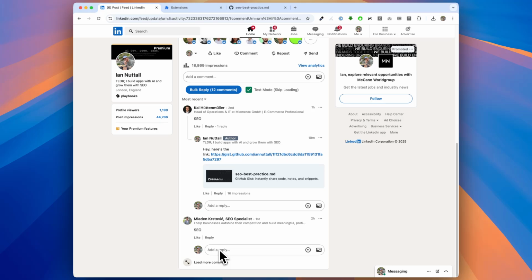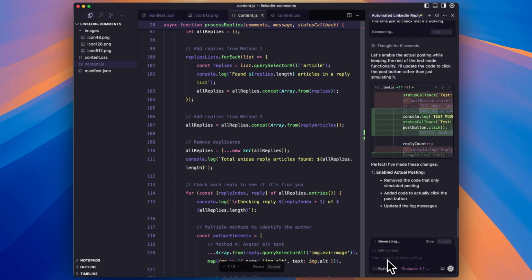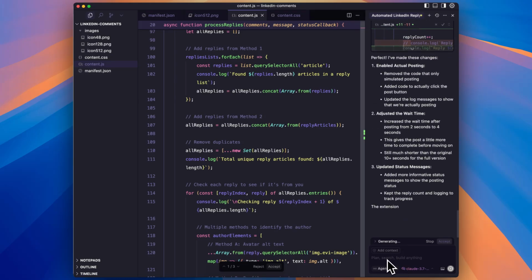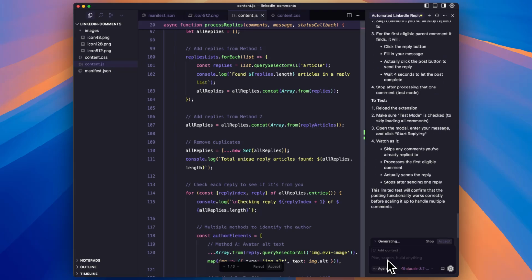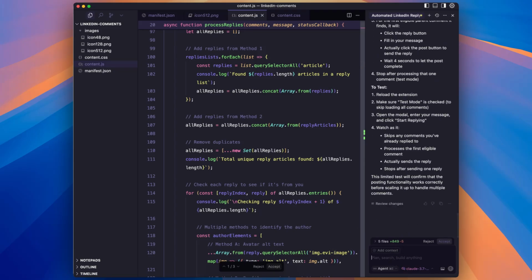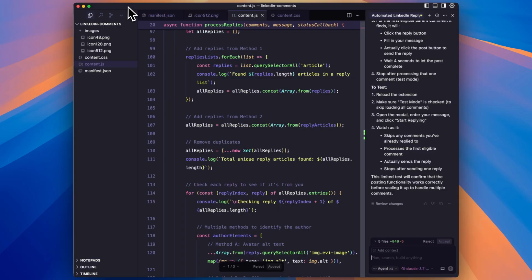If I know that it works on one, then we can turn off test mode, do the whole loading process and send them all.